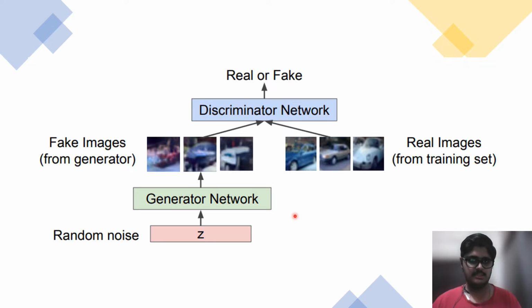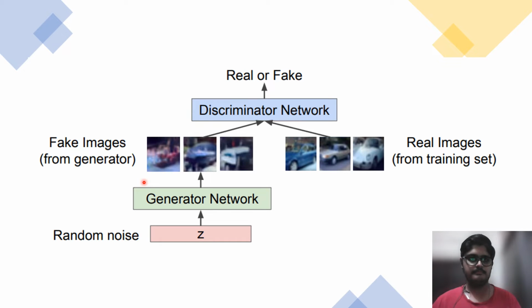In order to understand how a GAN works, we can take a simple example and understand the process that takes place in the architecture of a GAN. So let us take a training dataset consisting of images of cars of different kinds of models, and we initialize a random noise vector. Let us assume it as Z, which is taken from a Gaussian distribution, and then this random noise vector is passed on to the generative network, which is trained on the dataset containing images of different cars. So what this generative network does is